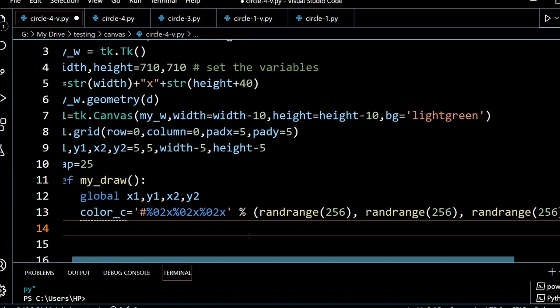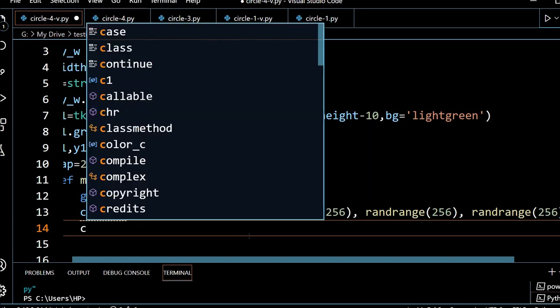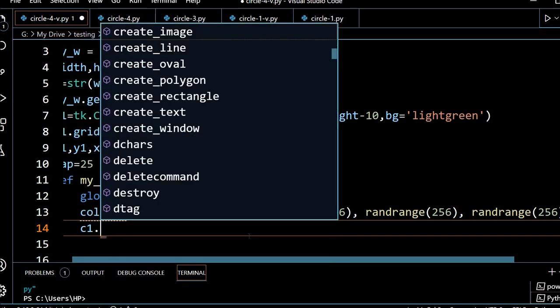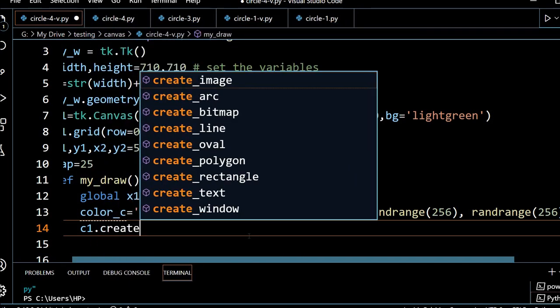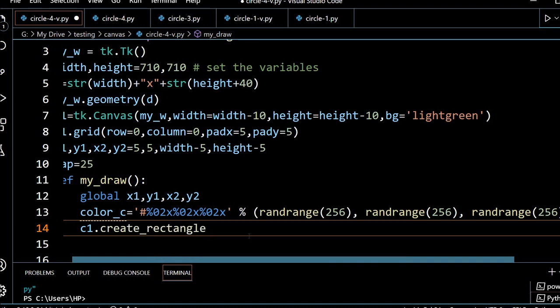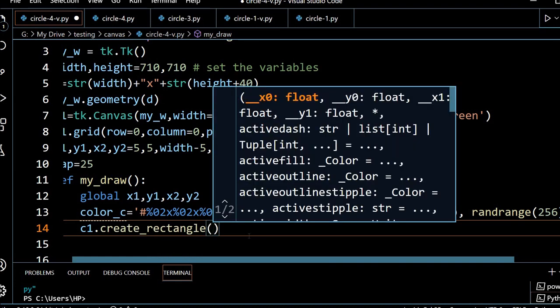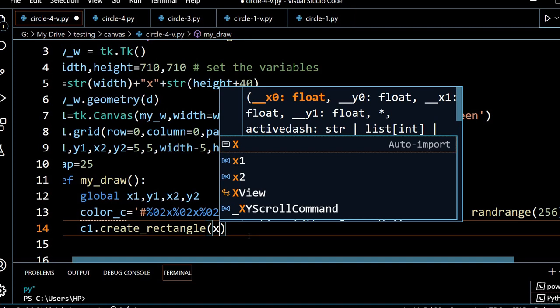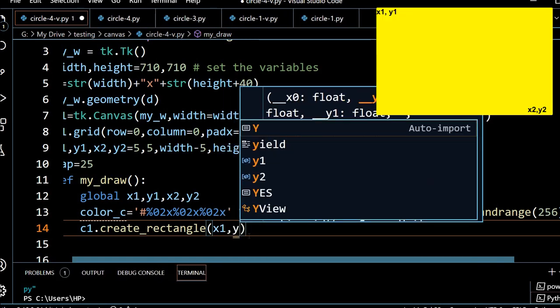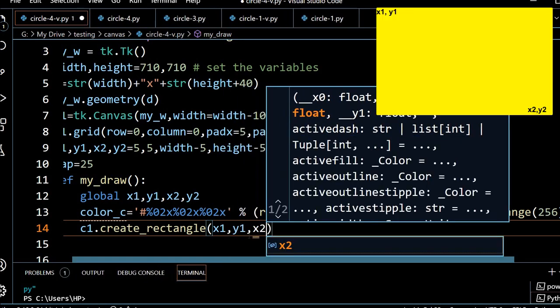So let me first start with a rectangle. We are already aware of our rectangle: c1 is our canvas, and we saw in part 1 how to create rectangles, lines, ovals and images. Now x1, y1 is the top left, and x2, y2 is the bottom right.